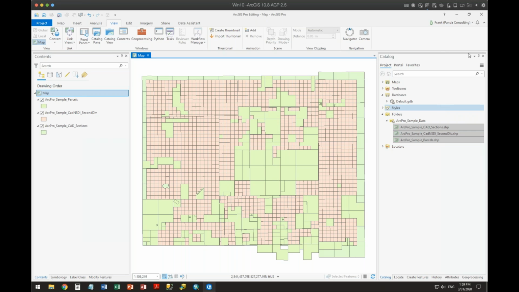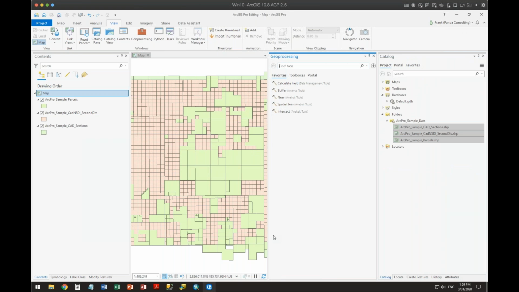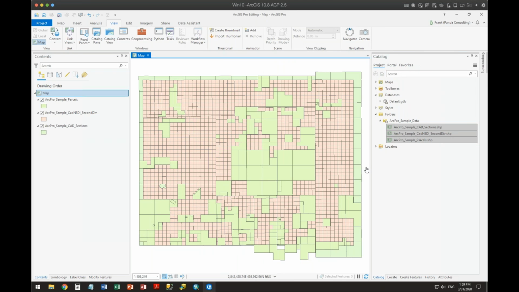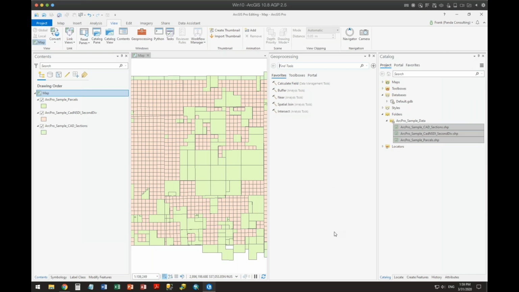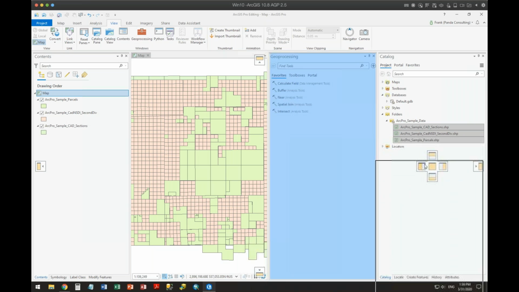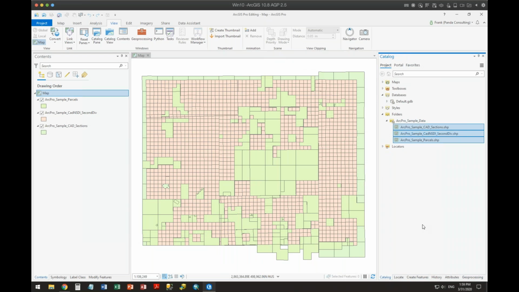They are still dockable. I mean, so I can take, for example, this geoprocessing pane, and I can take it by the tab, and I can say, put it over here. All right, and if I unpin it, it will disappear and be over here. And it works pretty much the same, but it looks a little differently. And so I want to put it here on top of this. So I put it in the button and do this. You will see when we start doing any geoprocessing tool or anything like that, why I struggle with it.